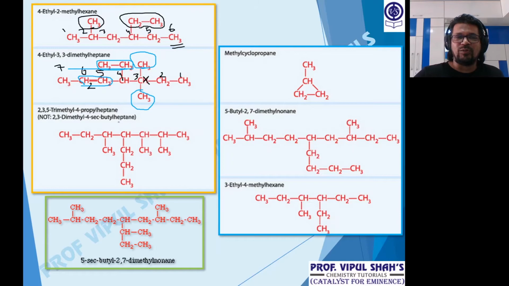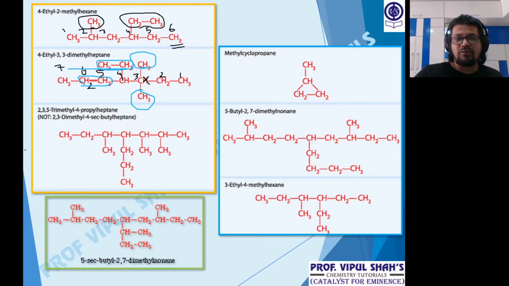Okay, now look at this part. How is the whole thing going over here? The first rule is that we need to select the longest continuous chain. So here if I select 1, 2, 3, 4, 5, 6, 7, and take this, I have 4 branches. Any other way I can get more? 1, 2, 3, 4, 5, 6, 7. That way also I get 7, but the branches will be 1, 2, and the whole part has 3. So I'm getting 4 branches here again. And if I go right, 1, 2, 3, 4, 5, 6, 7, same way. So the continuous chain is the top part only.